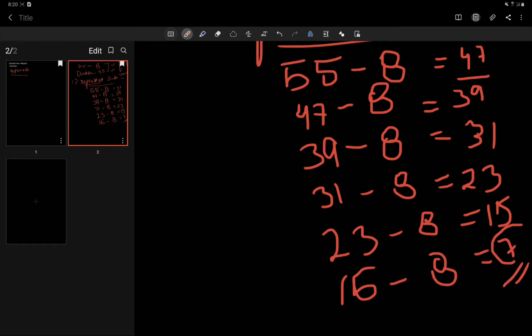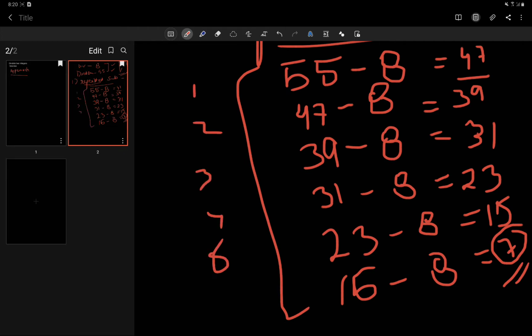As soon as this value is less than the divisor, we say we got our answer. So this is our quotient: 1, 2, 3, 4, 5 and 6.